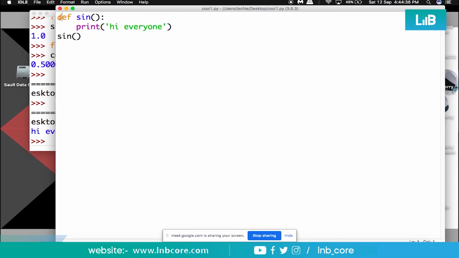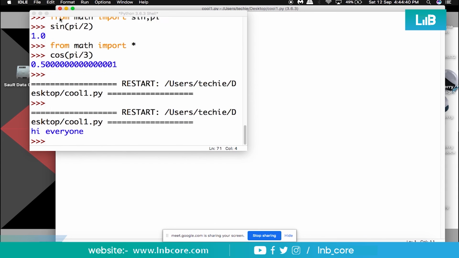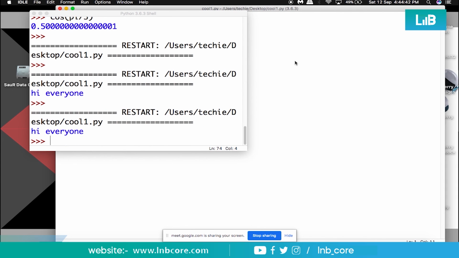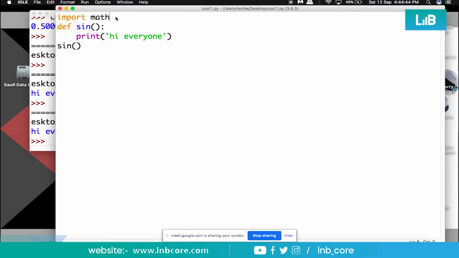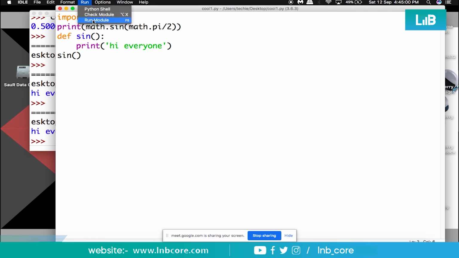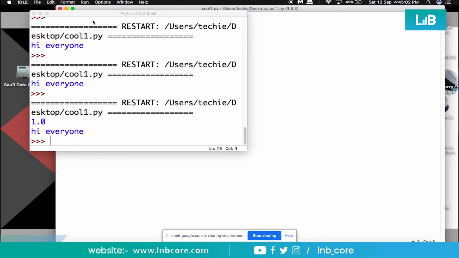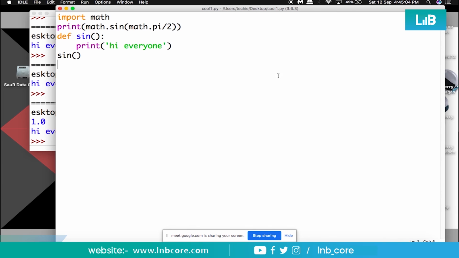What if I import the library now? Import math. Hi everyone, there's no ambiguity yet. If you use math.sine of math.pi by 2 and print it, still there is no problem, because there's no direct link of this sine function with the math sine.